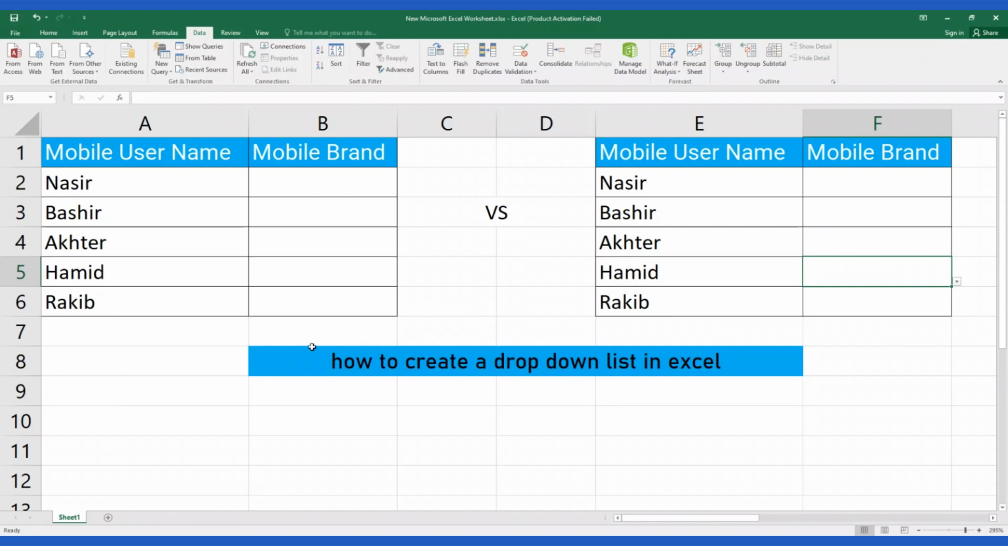In this video, I will show you how to create a drop-down list in Excel. Here you can see two tables appear. At first table, when you click mobile brand rows, you can see